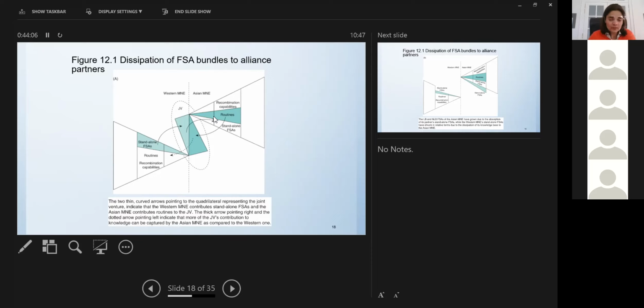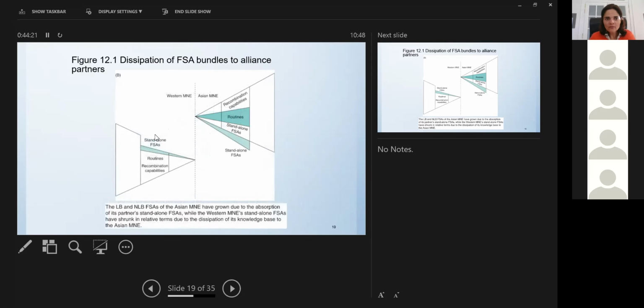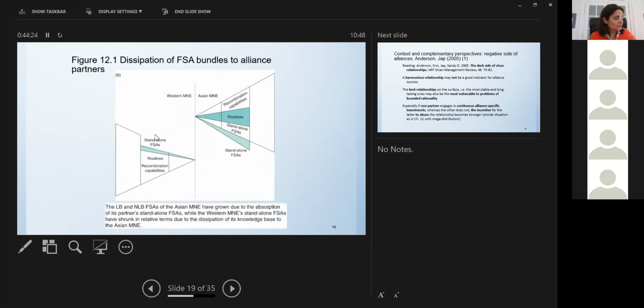So it's knowledge, for example, about the routines, knowledge about total quality control processes. Whereas here, it's more a patent or a standalone firm-specific advantage. A variation here, what could happen as a result of it, when the two partners exit from the alliance,